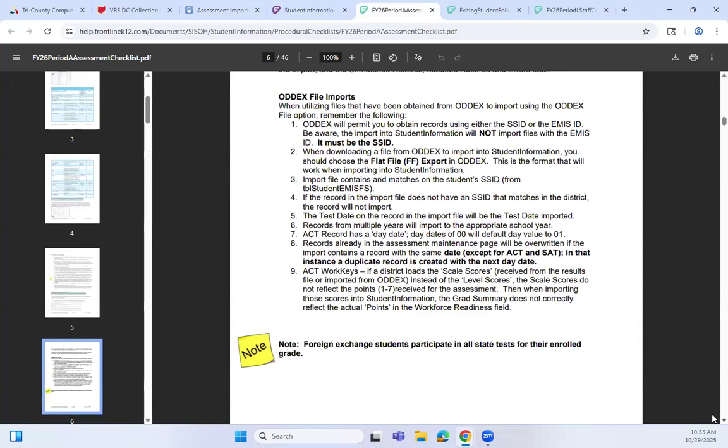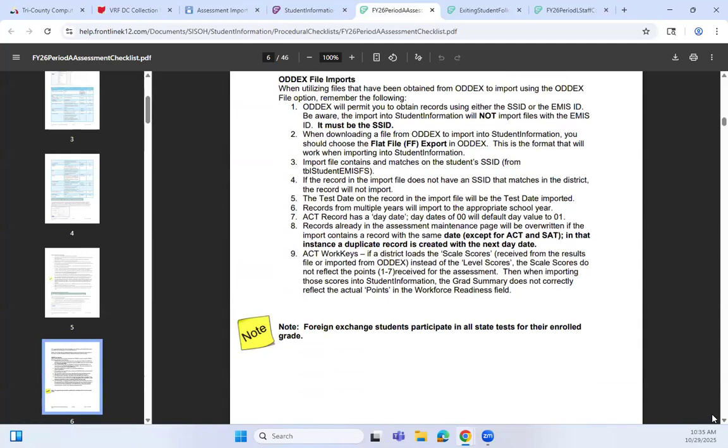Now I am going to ask the group, because on page 6, there is an ODEX file import. Has anyone ever used the ODEX file import? Okay, anybody on Zoom ever used the ODEX file import? I thought this was interesting. So this is something I learned during training. And I thought, ooh,